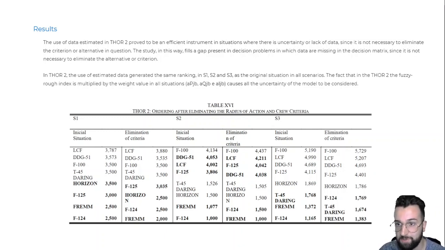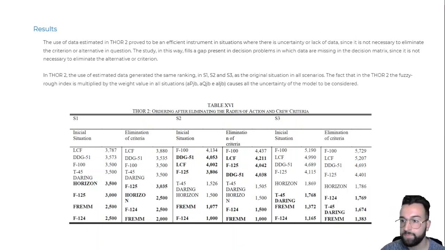It is not necessary to eliminate the alternative or criterion. With THOR, the use of the estimated data generated the same ranking in S1, S2, and S3 as the original situation in all scenarios. The fact that in THOR the fuzzy index is multiplied by the weight value in all situations causes all the uncertainty of the model to be considered.